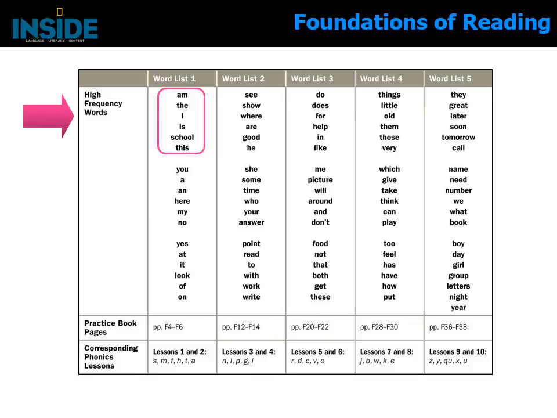The Foundations of Reading section organizes 91 of the most basic high-frequency words into 15 sets for instruction. The practice book pages listed for each group of sound spellings rely on students being able to recognize the 3 sets of high-frequency words above. Be sure to tab page F4 in your Fundamentals Volume 1 Teacher's Edition for a detailed description of the high-frequency